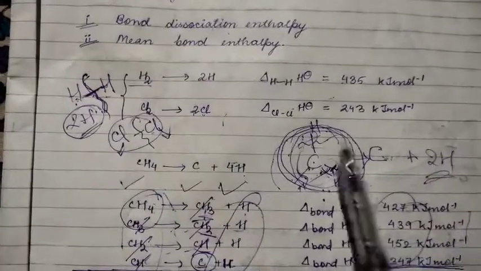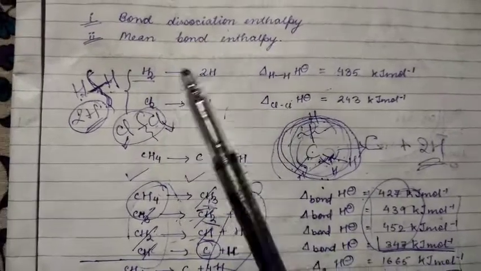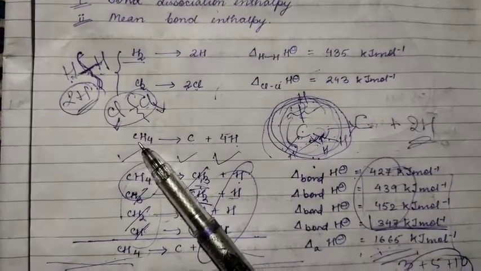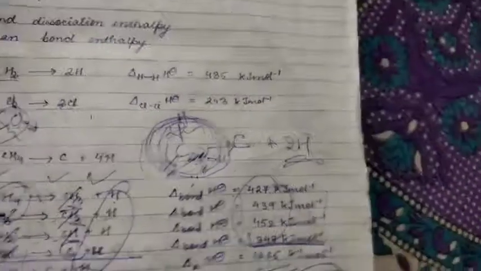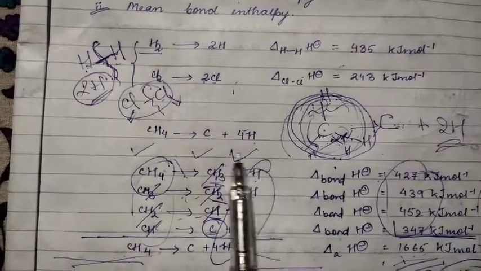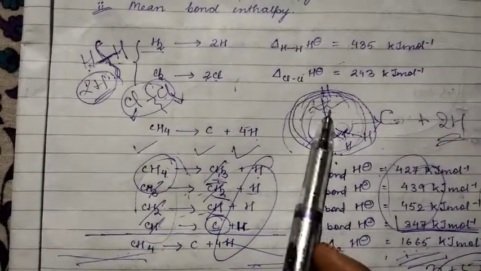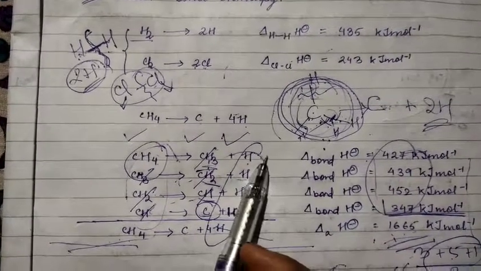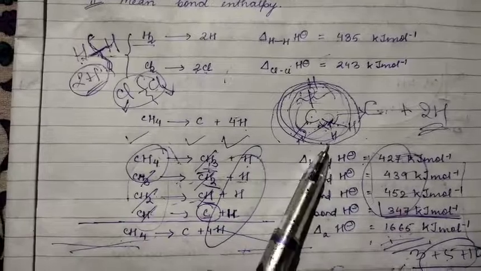So this is about the mean bond enthalpy, and mean bond enthalpy is usually calculated when one atom is binded with various numbers of atoms. In that case you have to take the average, because you cannot calculate the enthalpy based on only one bond. Here you will get many bonds and you have to calculate all these bond enthalpies, so that you can take an average. Is it clear?